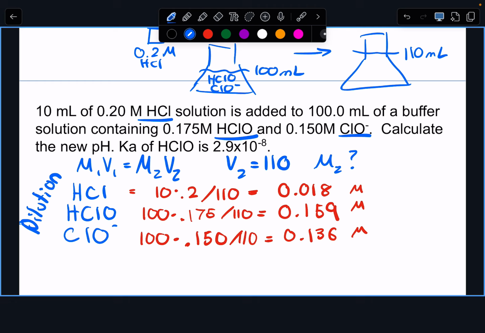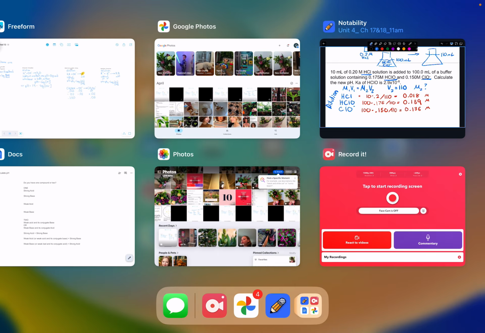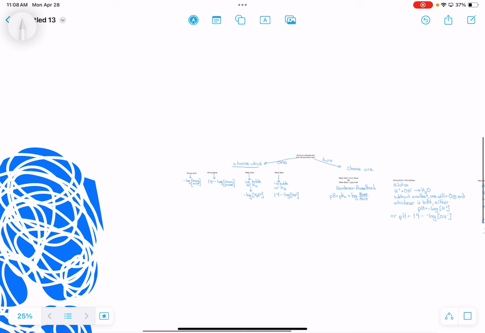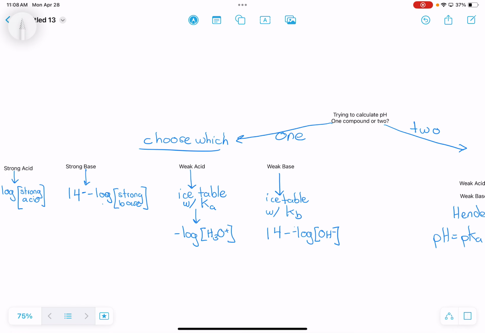All right, so dilution step. Let me just show you the document I'm working on. Someone said, how do we know which calculation we're supposed to be using? And I was like, oh, right. It's not just the calculations people are getting stuck on. They know how to do the calculations. They're just not sure how to figure out which one they need to do. So I'm going to make this into something that's easier to send out as a PDF or post on Blackboard. I've realized that everything in chapter 17 and 18, all the calculations, not the concepts obviously, can be summarized